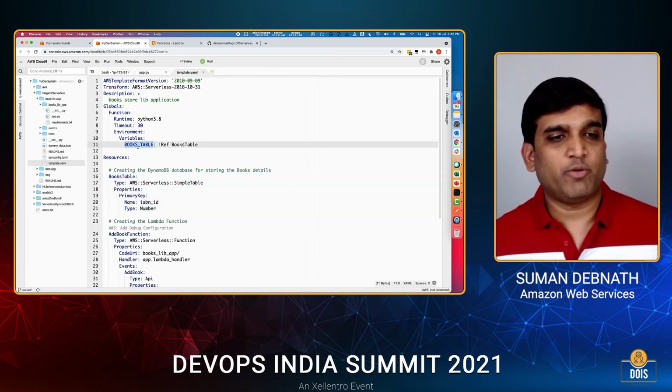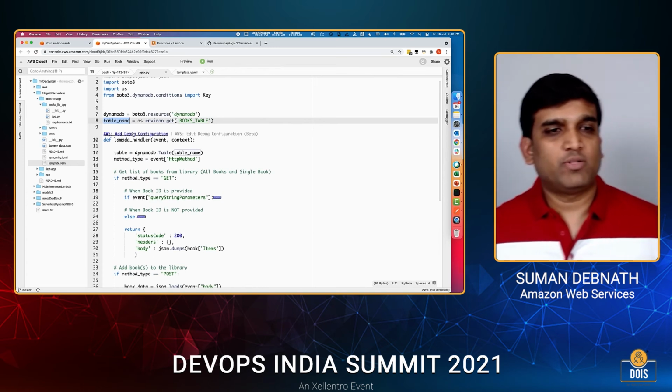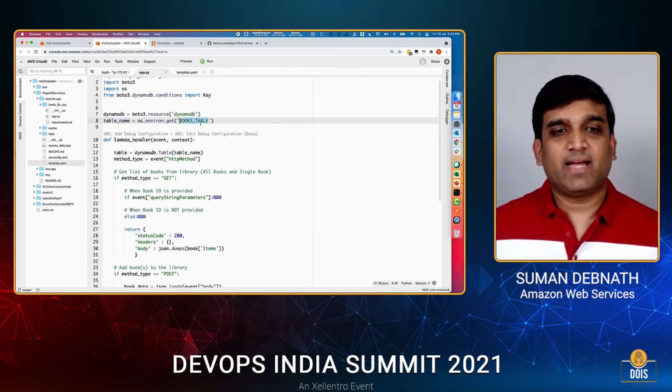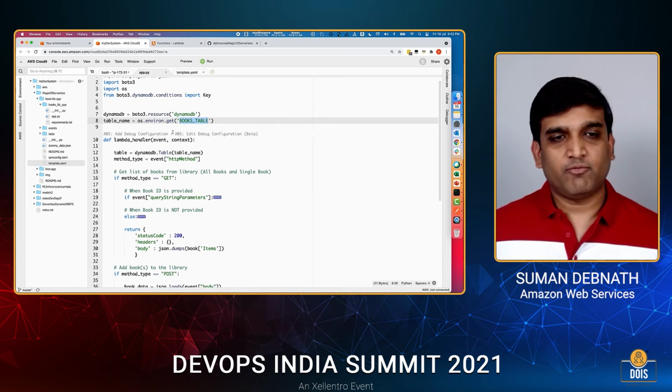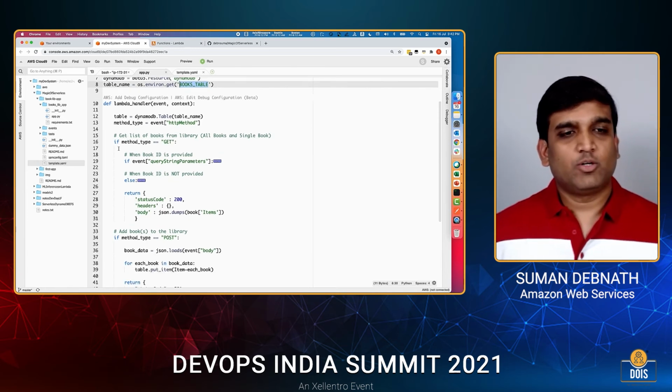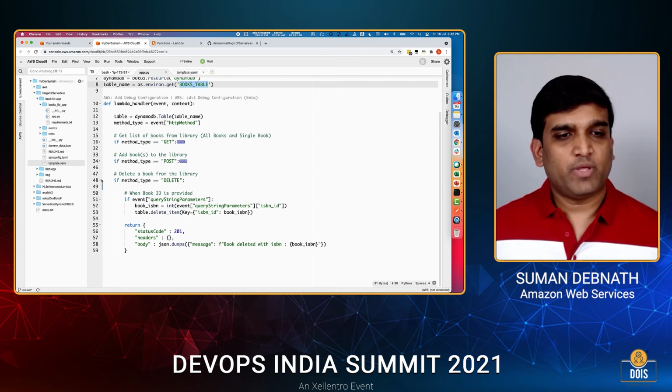So that's what we are saving in BOOKS_TABLE. And now if you come back to the application, we are just reading that BOOKS_TABLE variable from our environment variables. Okay, so now since we have only 3 functions,